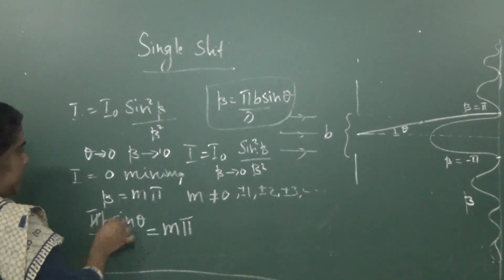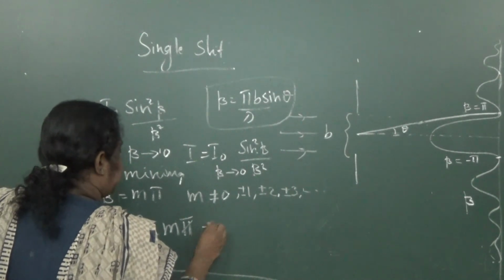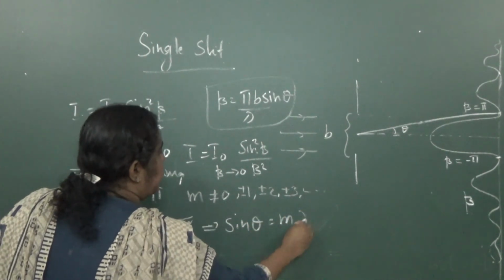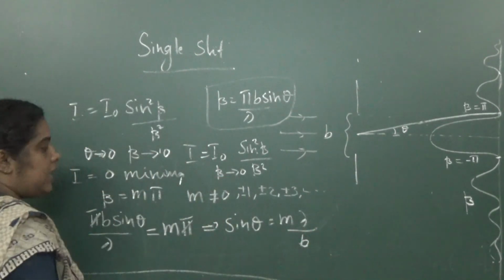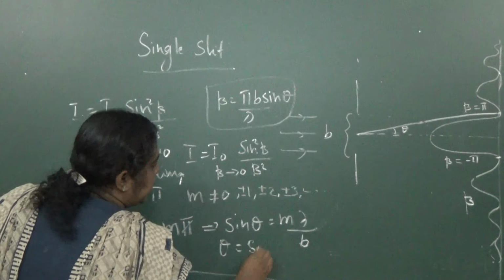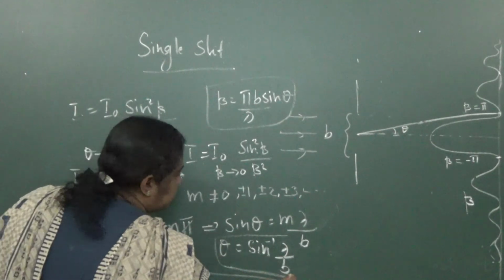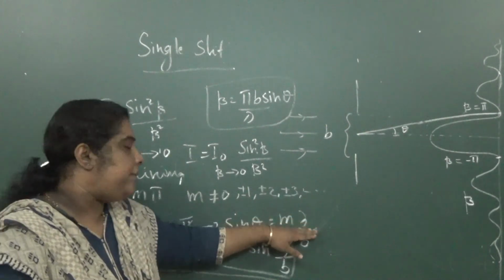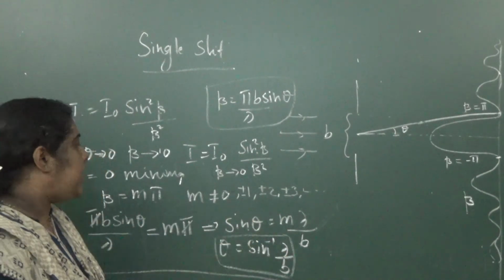That means pi cancels, pi cancels. So sin theta is equal to m lambda by b. Okay, that is, when m is equal to 1, theta is equal to sine inverse lambda by b. Very important. When m is equal to 1, sin theta is equal to lambda by b, then theta is equal to sine inverse lambda by b, and actually